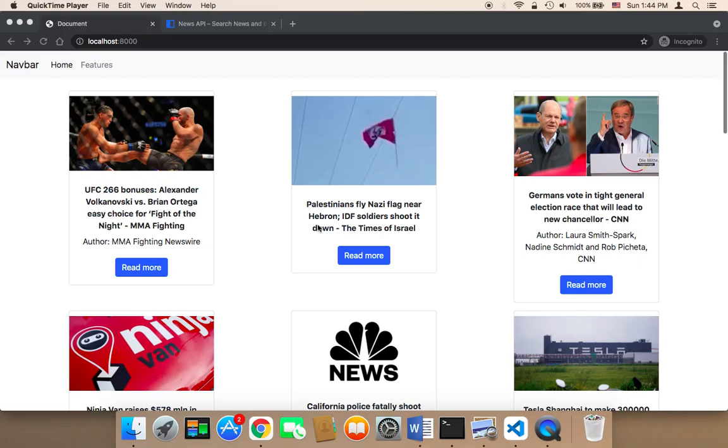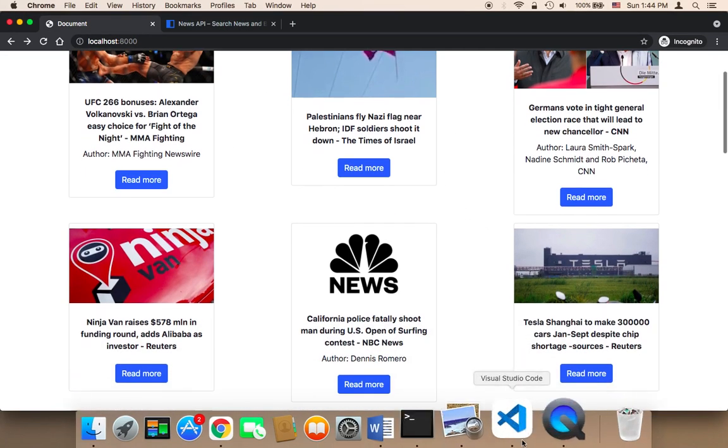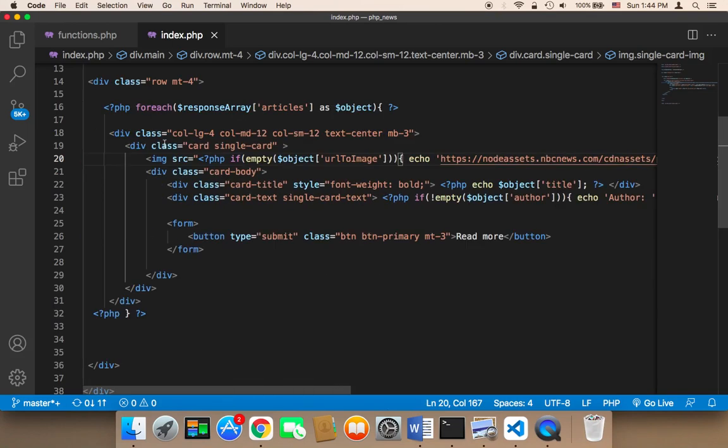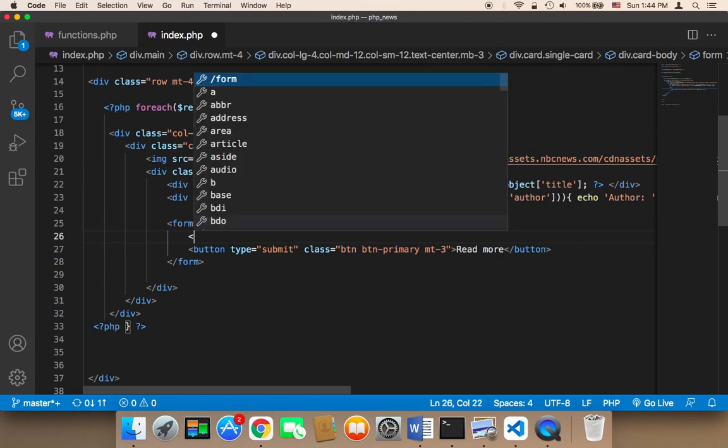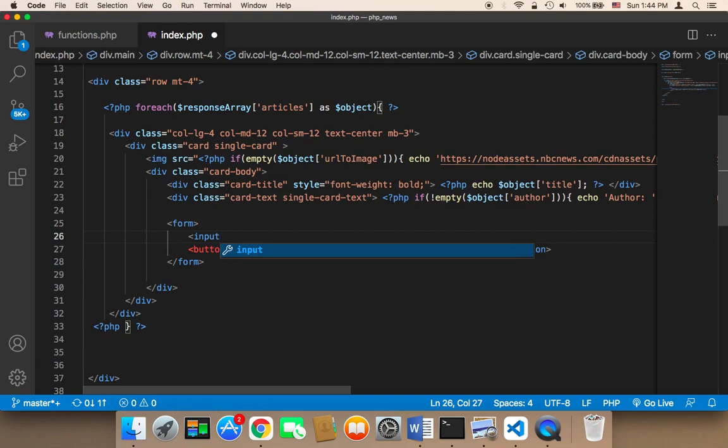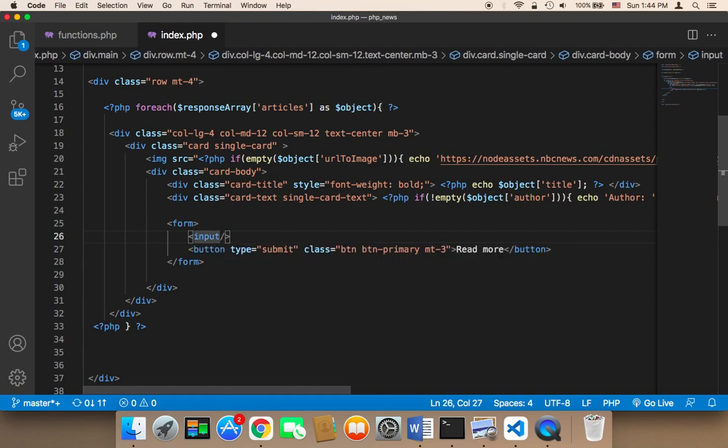Welcome back. Now what we need to do is work on the read more button. If the user clicks on read more, we want to take the user to a new page and display the article that the user is interested to read more about. So to do that, here in this index we have a form, and that form should store all information related to a specific headline. Therefore, I'm going to be using inputs, and I'm going to store the article information in